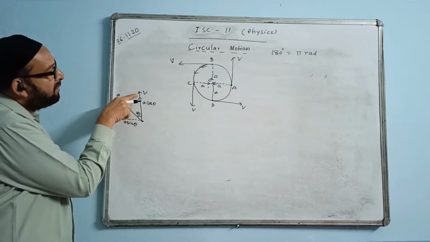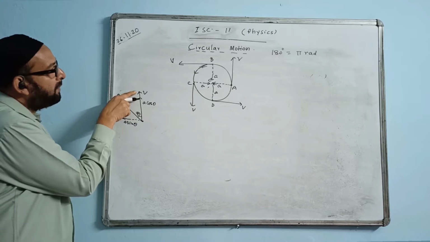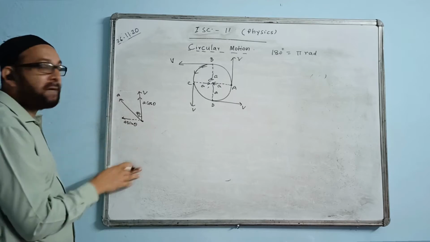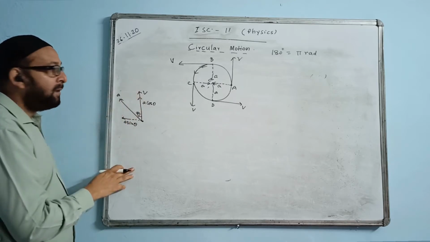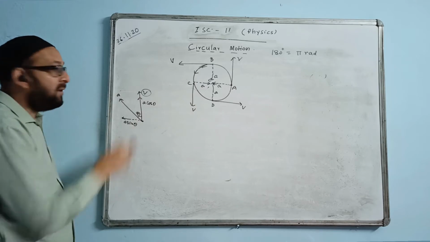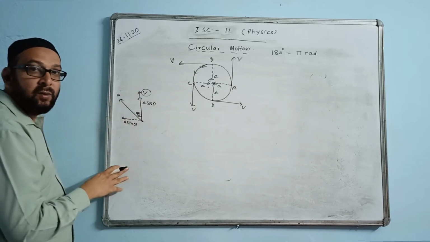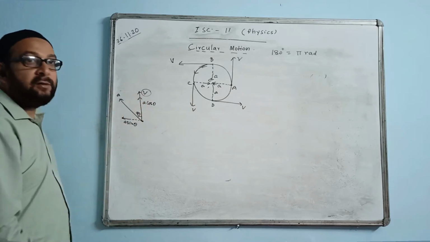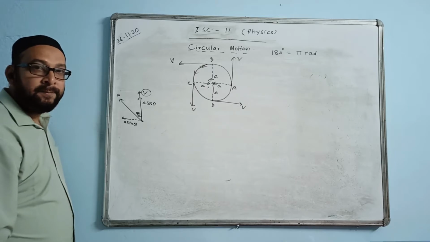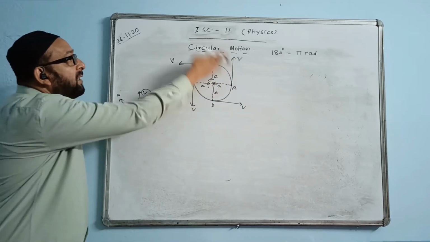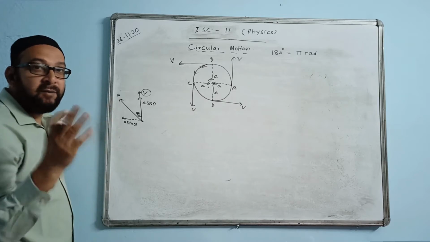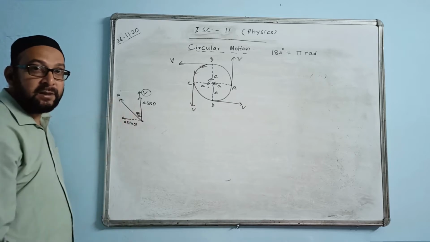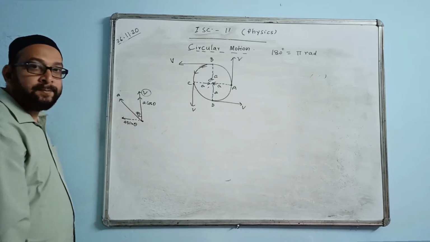That is, what is the value of velocity? This velocity is now no longer independent. This component gets added in the same direction. Either it will be adding up or subtracting, but it will affect this value. Do you think the value of V remains constant? Will it remain independent? The answer is no. Because this component of acceleration is coming over here and disturbing the value of velocity V. In that case, the speed can never be constant. Speed means magnitude will remain the same throughout, but it will not happen in this case.